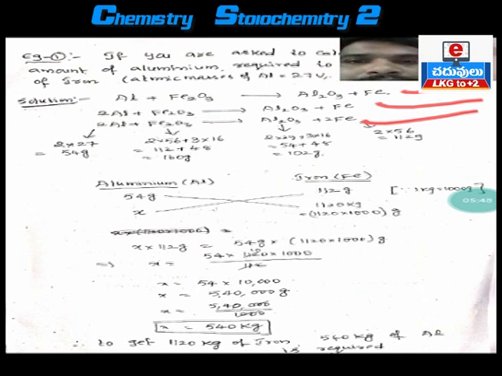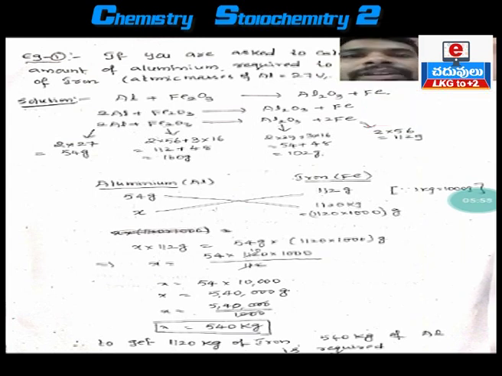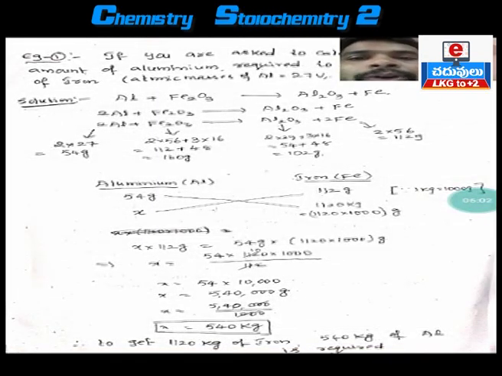Here the atomic weights of aluminium, oxygen and iron are given. Okay, clear? Now I am going to calculate the weights. What is the atomic weight of aluminium? 27. So how many aluminiums do we have? 2 aluminiums. So multiply the weight of aluminium with the coefficient 2. Here 2 is the coefficient. Number 2 is placed before aluminium. Okay, clear?